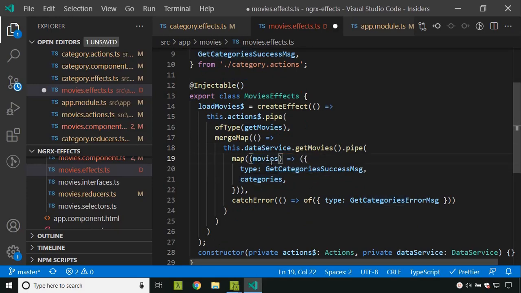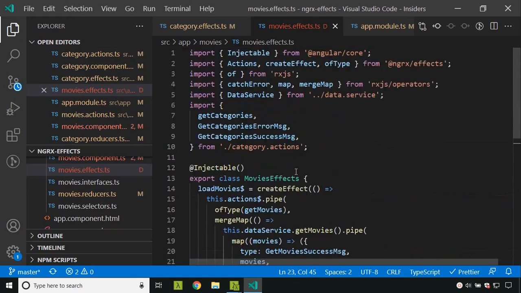and I will be receiving movies as the output, and here also it will be get movies. So we can change it to movies API actions and rename all this.